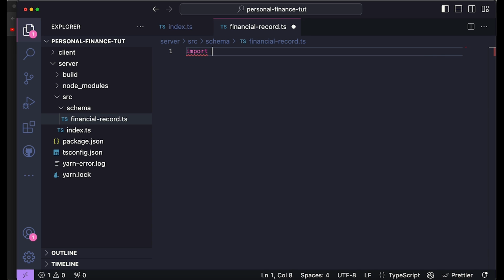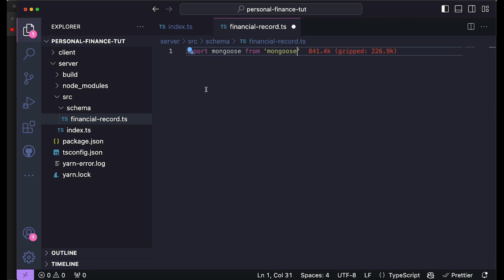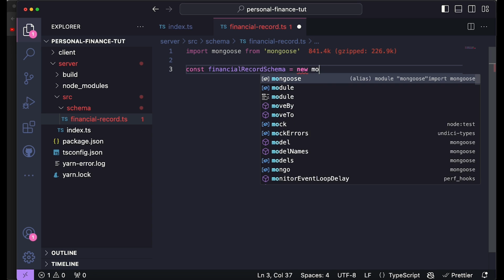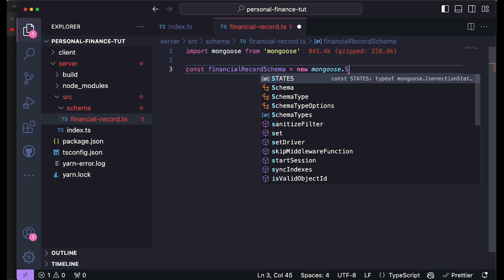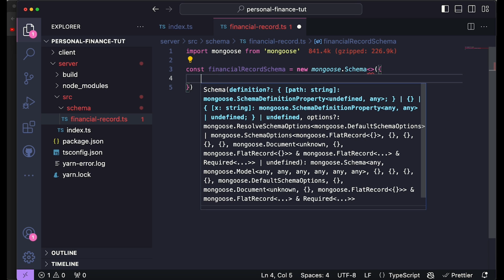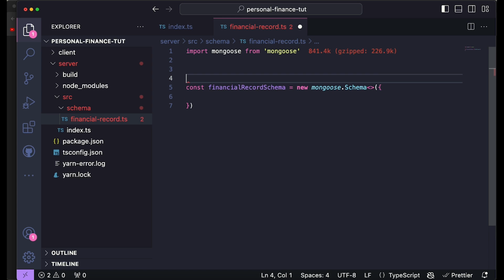So the way we do that is by importing first Mongoose from the Mongoose library. And then we're going to create what is known as the schema for this. So I'm going to come over here, say const financialRecordSchema equal to new mongoose.Schema, and then we have to pass in over here an interface defining how the schema will look like. So over here we want to create the interface, so I'll say interface called FinancialRecord,